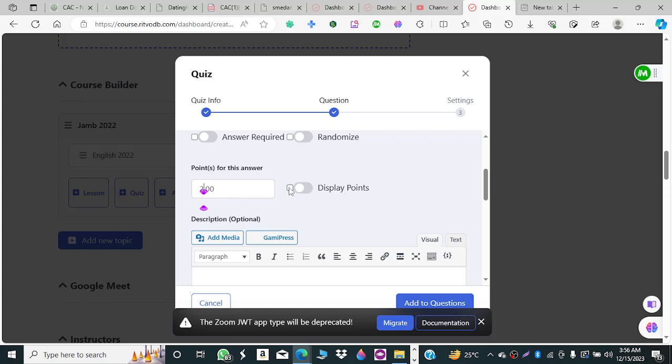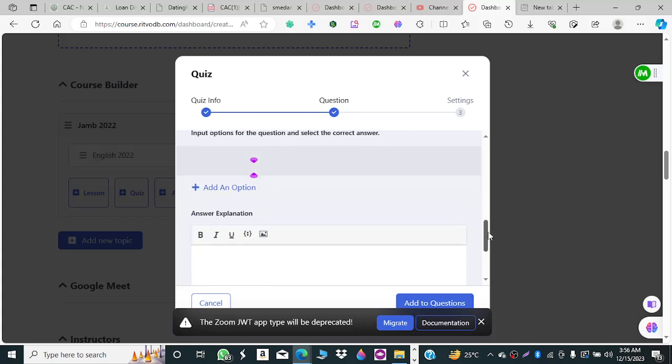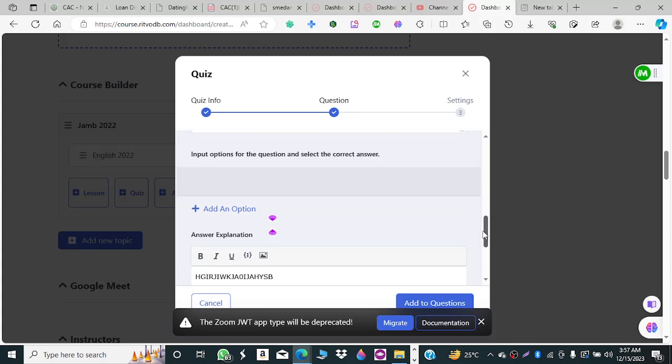Then do you want the points to be displayed as the student is answering the question? If you want it to be displayed, click on this place. If you don't want them to see the points, then uncheck it. Do you understand now? If there is any additional description about the question, just put it here so that the student can understand what you asked them to do. Then about the answer, you can also add some explanations here. Now the options,